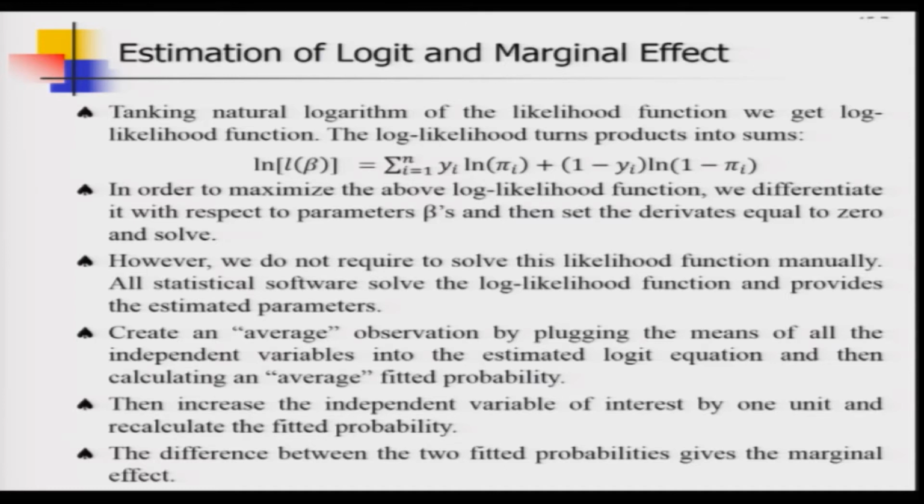The log likelihood turns the products into sums, because it is easy to deal with sums. Okay. So, the expression is given, it is quite complicated, and then you maximize the log likelihood expression shown in the slide with respect to the unknown parameter values betas,